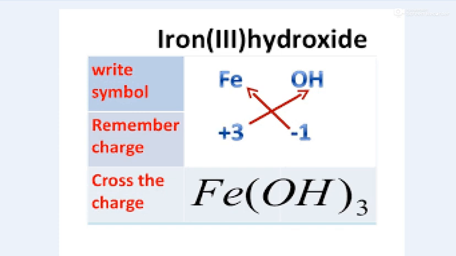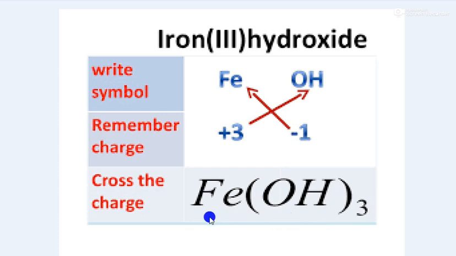Let's see another example, iron 3 hydroxide. See, what is the formula? Fe(OH)3. That means the valency of iron is 3 plus and hydroxide is 1 minus. So first you write Fe, that is the metallic element, on the left side of the compound, and hydroxide, that is non-metallic, so you write it on the right side. Then you write the valency, 3 plus and 1 minus. Now you have to interchange the valency. Then the formula is Fe(OH)3.